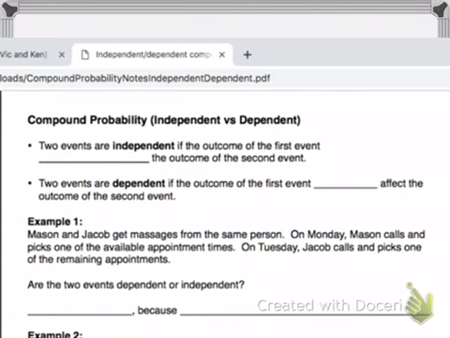In the last level, we looked at two favorable outcomes, but only one attempt. And now we're going to talk about compound probability, which is two favorable outcomes, but with two attempts. So in other words, both of them have to happen. And the two words we're going to talk about besides independent and dependent are "and"